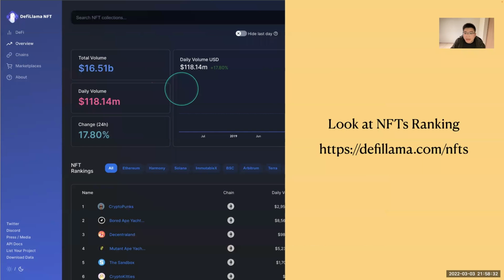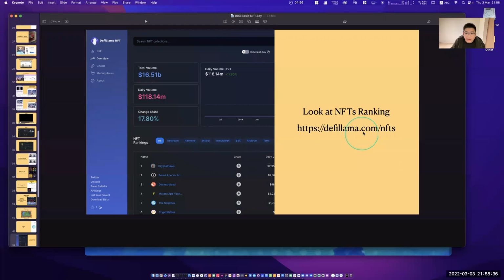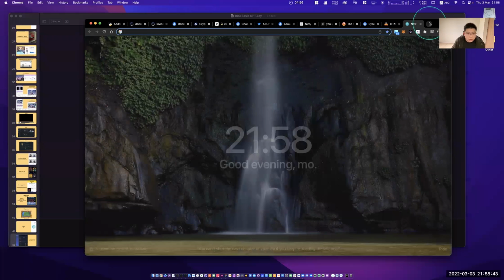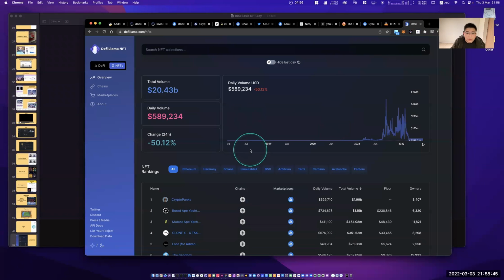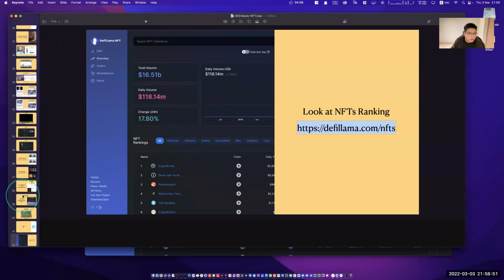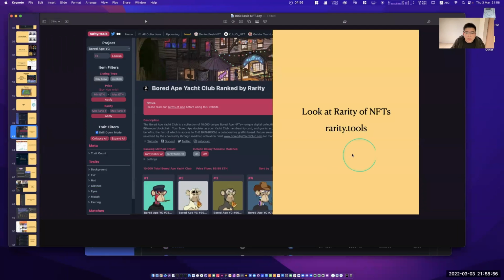Tools. Okay, I listed many tools here. There is an NFT ranking. You can take a look at the tools later in my PowerPoint. You can look at the ranking, which projects are good, and what the rank is. And the one I think is really good is Rarity Tools.